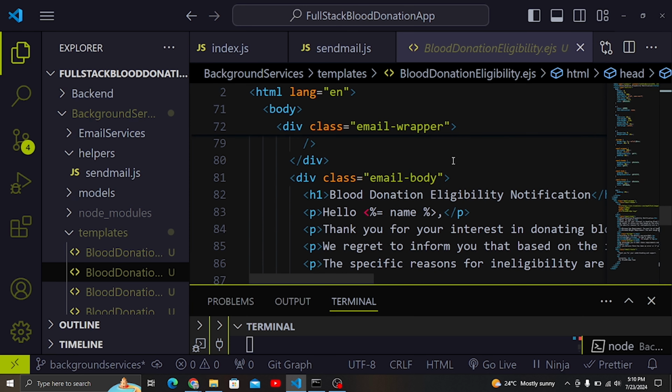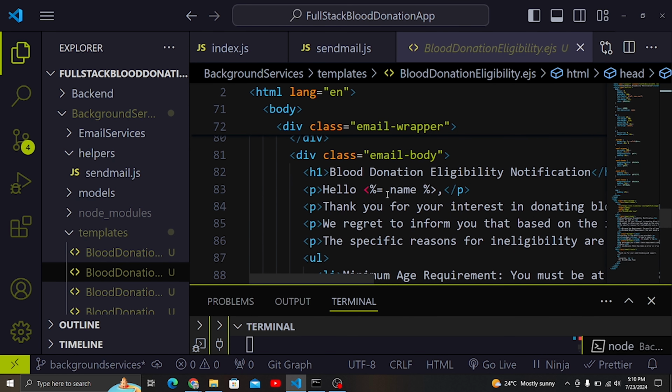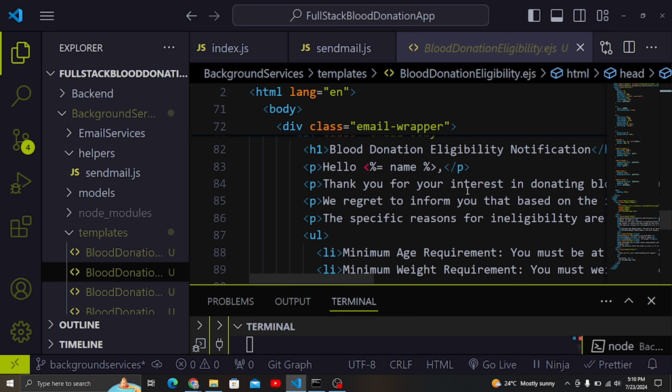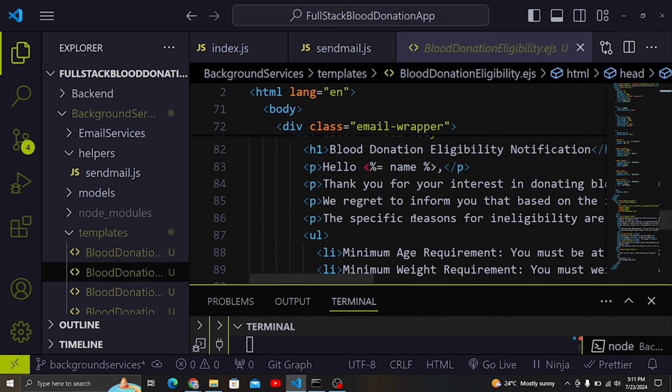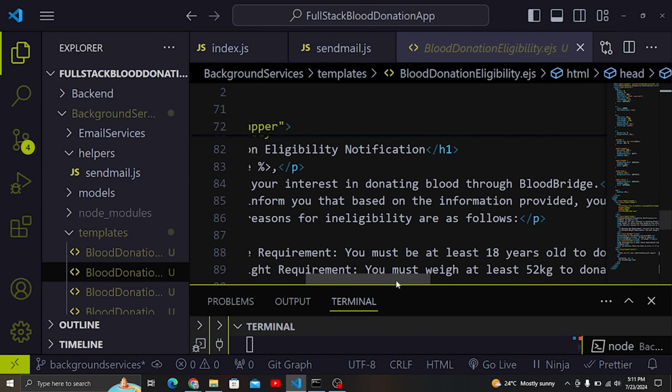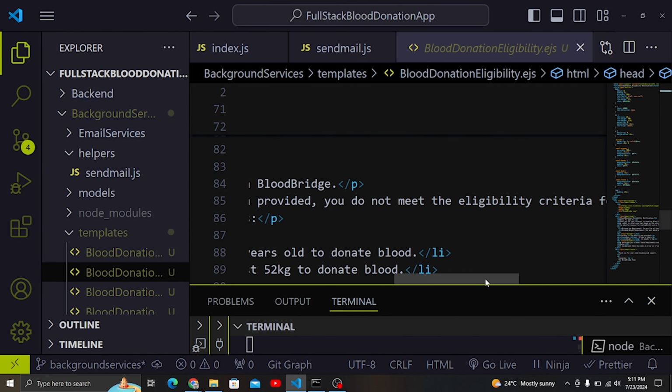You can see we just pass the name here, and then we add the text here: Thank you for your interest in donating blood through Blood Bridge. We regret to inform you that based on the information provided, you do not meet the eligibility criteria for blood